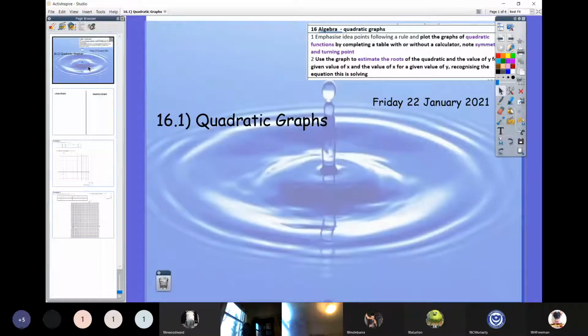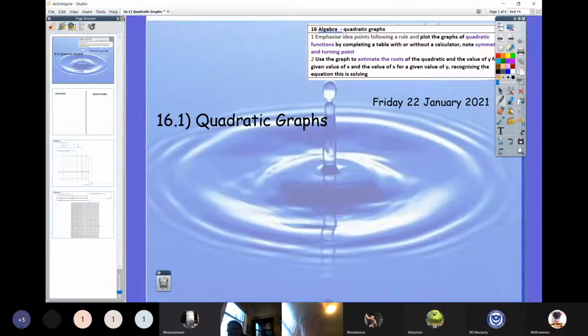This is quadratic graphs. So you can see we've moved on from what we were doing before, from all the probability stuff, to a brand new section. Here we're going to be doing number one, and we're plotting these graphs. But given we're in lockdown, actually plotting them on graph paper is tricky. So all we're going to do, which is the key bit, is making sure we understand how to get the